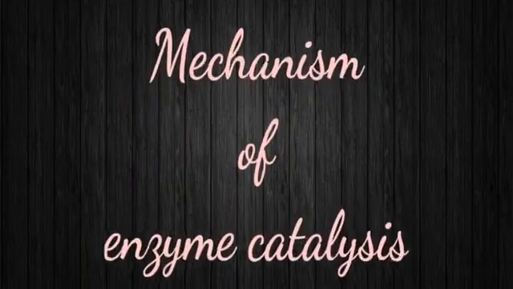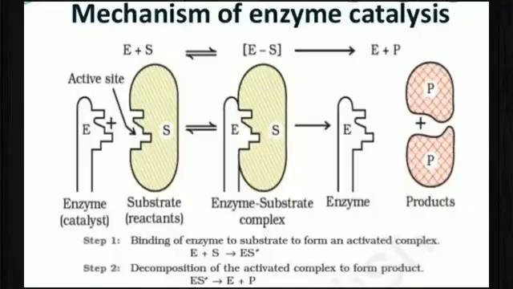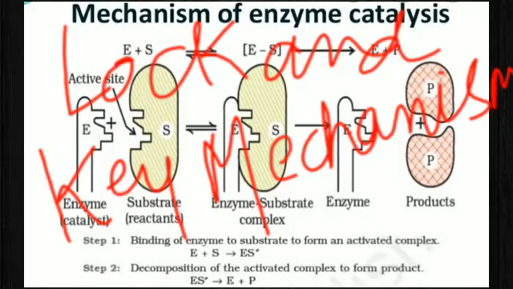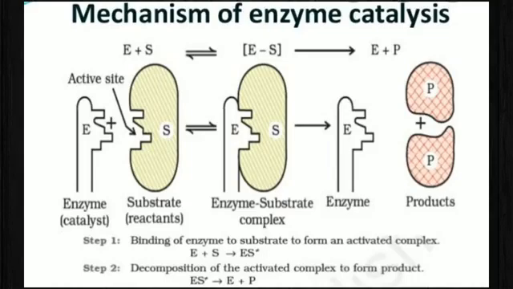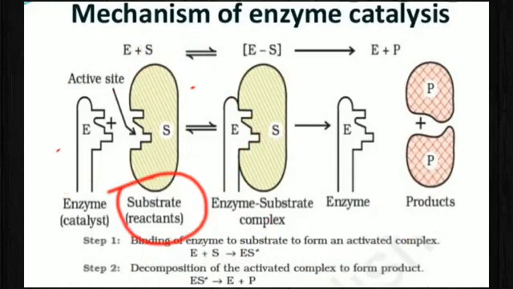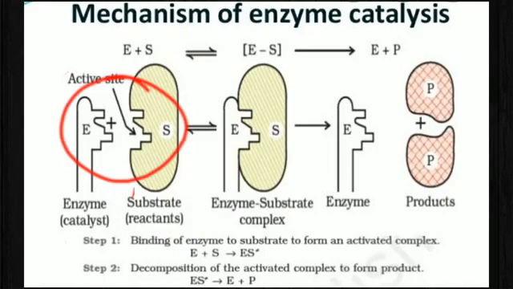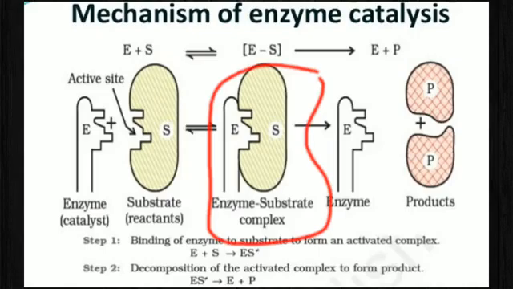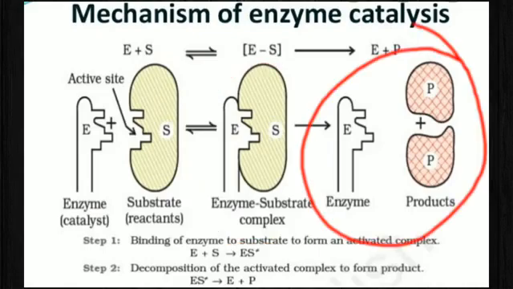Next, we will study the mechanism of enzyme catalysis. The most accepted mechanism of enzyme catalyst reaction is known as lock and key mechanism. There are number of cavities present on the surface of colloidal particles of enzymes having characteristic shape and possess active groups such as NH2, COOH, SH, OH, etc. The molecules of reactants, that is substrate, which have complementary shape, fit into these cavities just like a key fits into a lock. On account of the presence of active groups, an activated complex is formed which then decomposes to